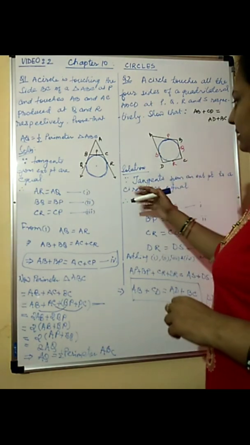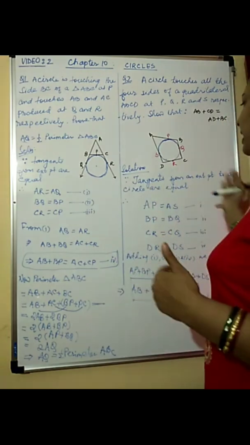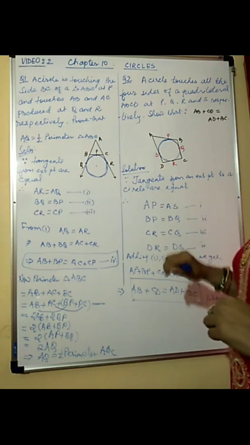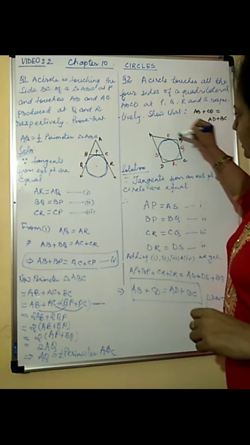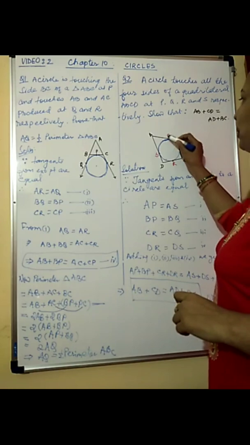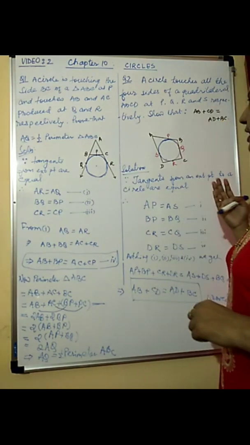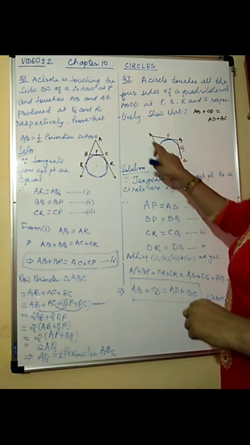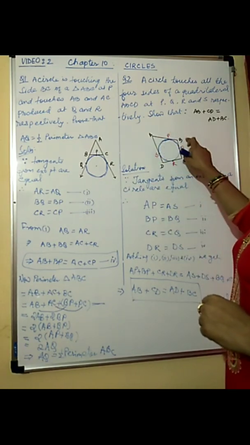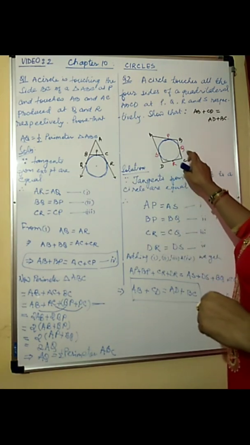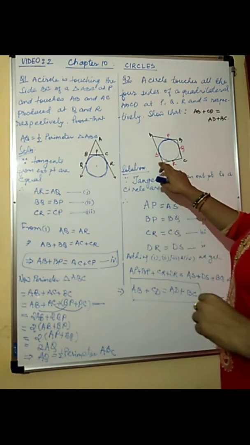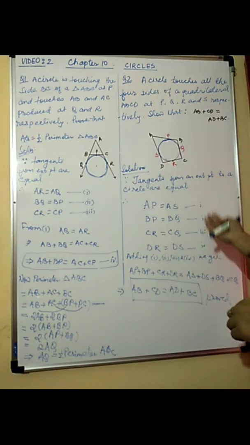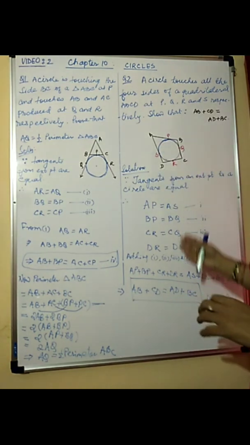So now what do we do? Again the same, because it is based on the same theorem. We have to use that tangents from an exterior point to a circle are equal. You just write down the justification one time. And because there are 4 exterior points and 4 points of contact, we can have 4 pairs of tangents here. So we will have AP is equal to AS, BP is equal to BQ, CQ is equal to CR and DS is equal to DR. So these are the 4 equations you get, 4 pairs of tangents. You just write them down now.